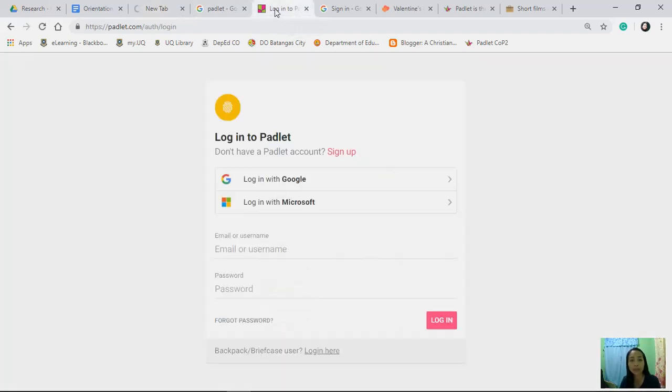Now it will take you to some options for signing in again. One is typing in your email and your password, the password that you use to sign up on Padlet. And the other option is log in with